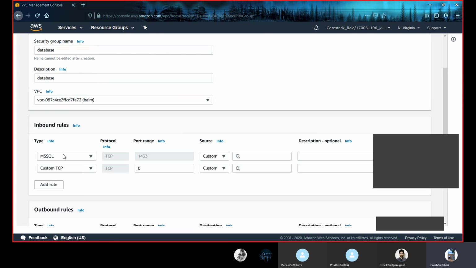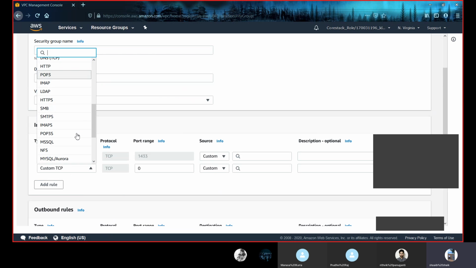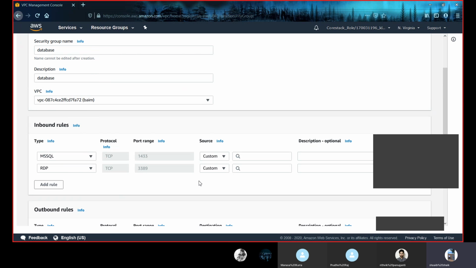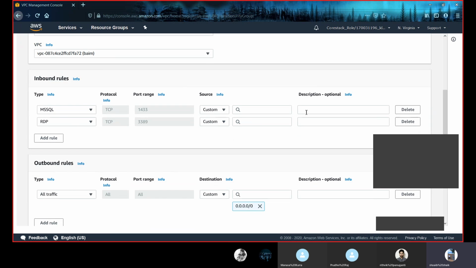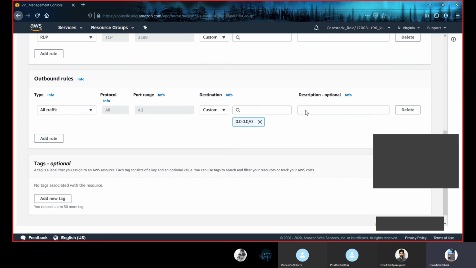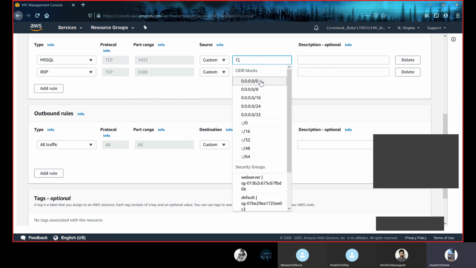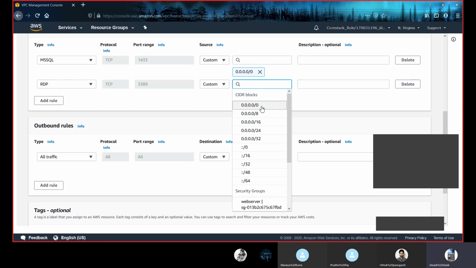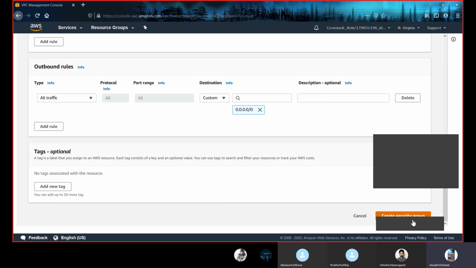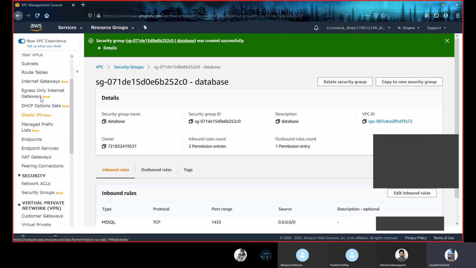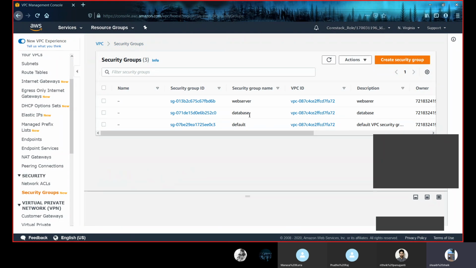And if you want an RDP type, you can select RDP. Let us choose a custom IP. Now, create security group. This is our security group for databases, and this is the security group for our web server. So this is how we create a security group for our VPC according to our requirement.